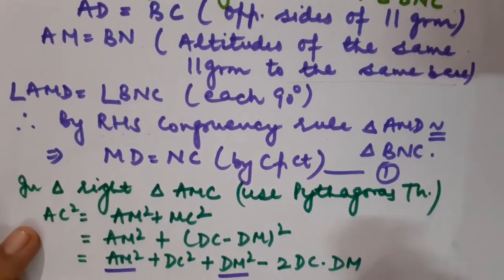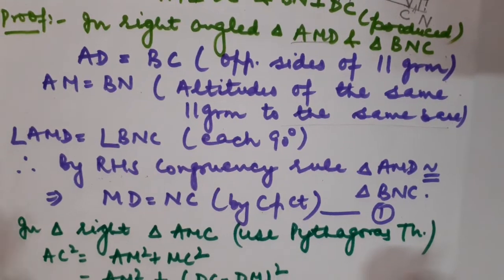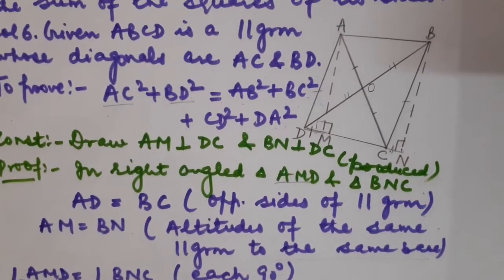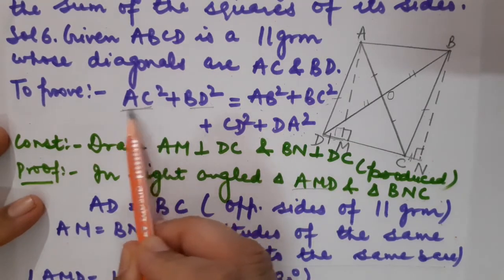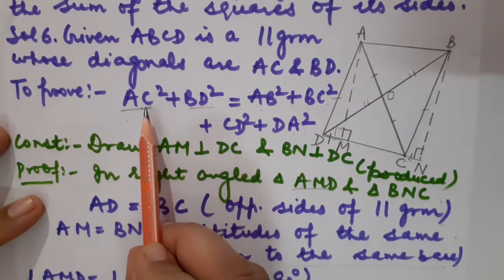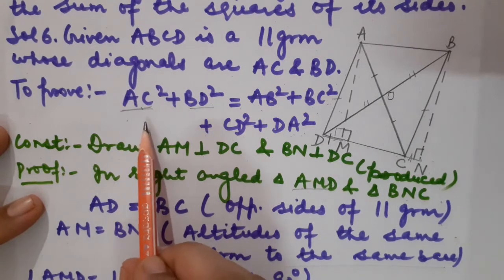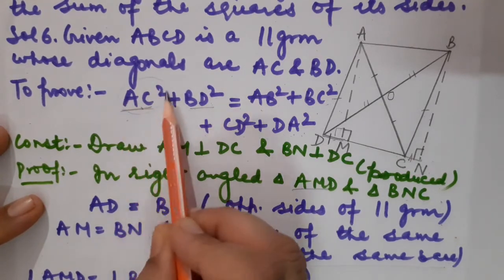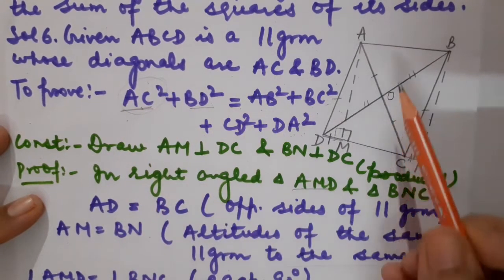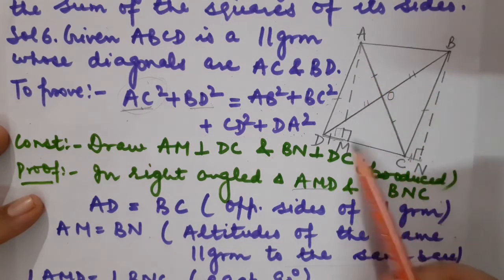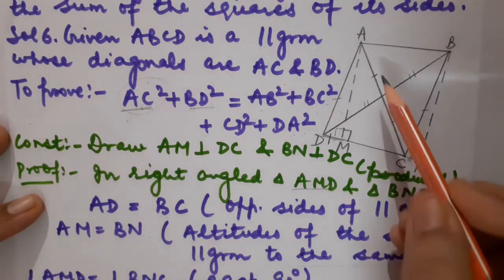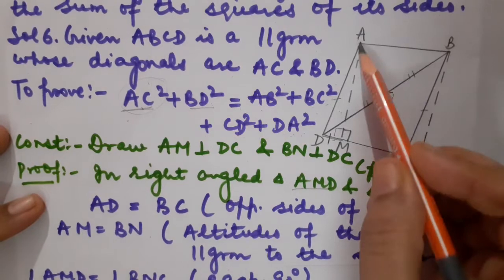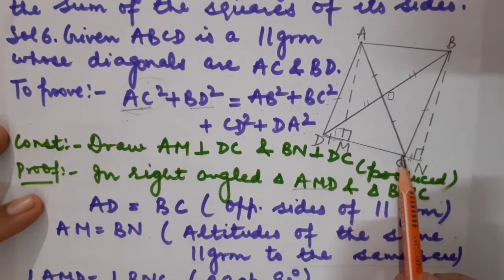Clear? Now I will be reaching how to apply the Pythagoras theorem. Everybody please be alert. I see here that AC square is present. So I should choose that particular right angle triangle which would provide me AC square. So I am going to take triangle AMC. Got it? So let us apply Pythagoras on this triangle. It will be AC square is equal to AM square plus MC square.